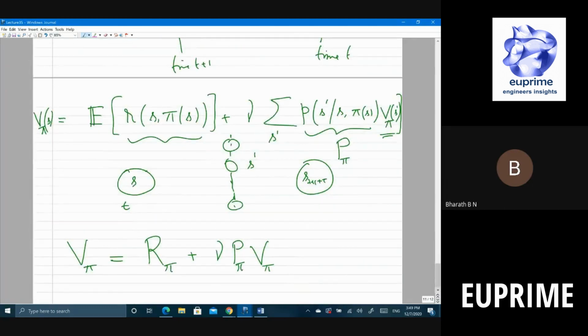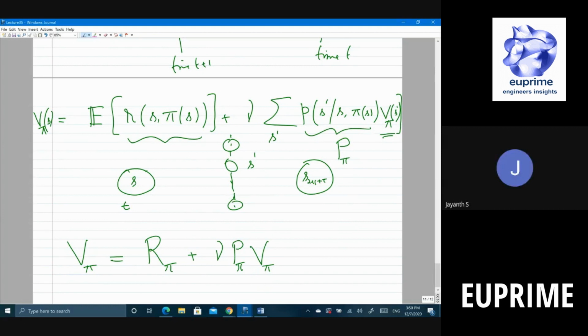Yes. Who was it? Ravi? Yes, sir, this is for a particular policy pi, no, sir? There can be many policies. Yes. Right. You have to look at which policy will give me the maximum value, right? So essentially, I'm converting whatever the policy, the actions that you take, into a number which will indicate what is the reward that you get. That's all I'm doing here. So that's why it's called the value.